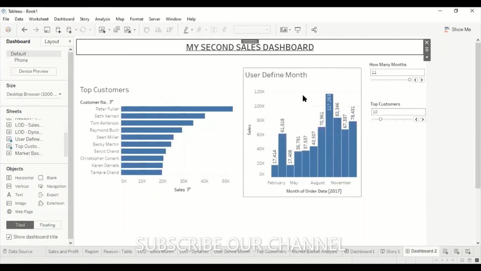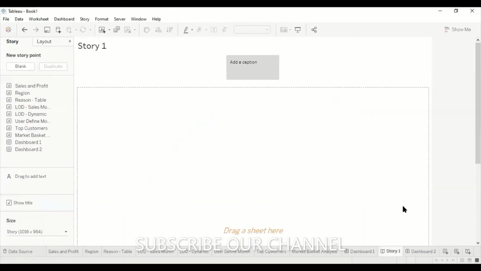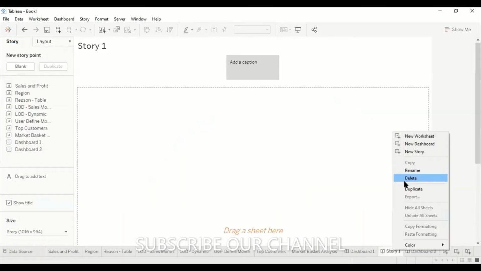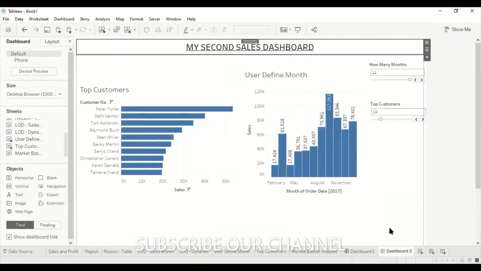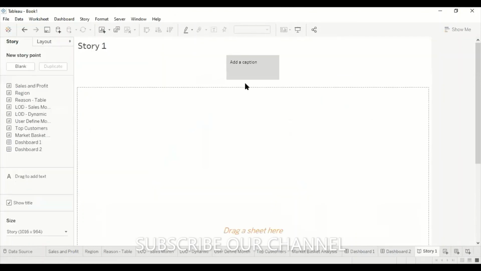Now two dashboards are ready, right? Let me say this is dashboard 1, I have dashboard 2. Now let's try to create the story. Let me delete this, just to avoid the confusion. I have two dashboards now, dashboard 1 and dashboard 2. Now I want to create the story, nothing but the bookmark. Click on new story, hit on new story. Add caption, let's say dashboard 1.